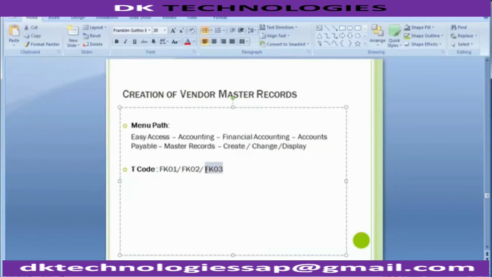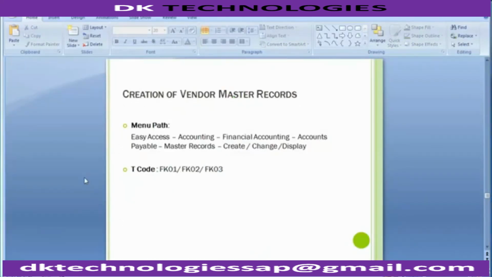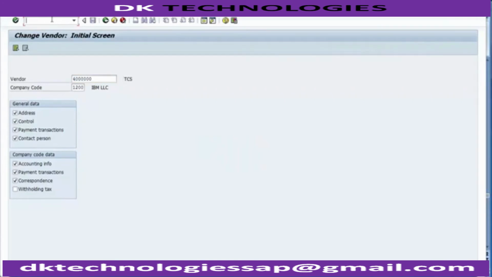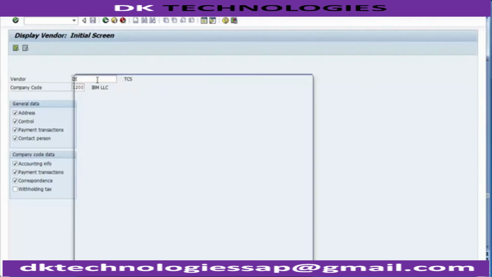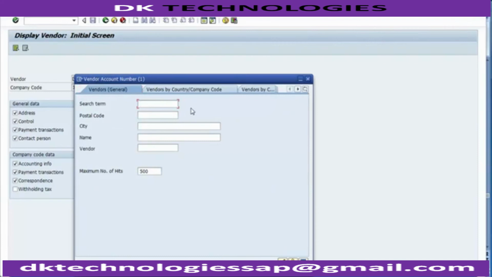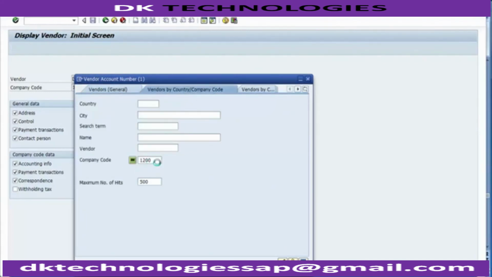Now you can display the vendor as well. So for displaying the vendor, you have to go to /n FK03, and you have to select the vendor. Right now it is coming automatically. Whenever you create a vendor, it automatically gets picked. If not, then you can go to this F4 tab and search the vendor as well as per the company code. So you can go to vendor by company code. Over here you can take the company code and then press enter,